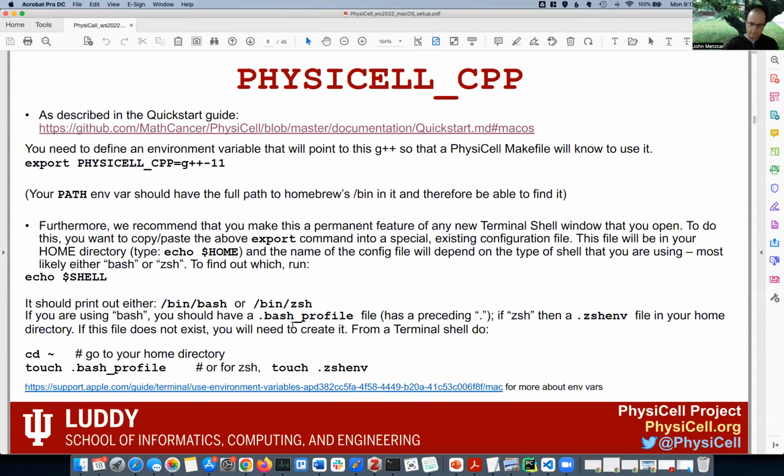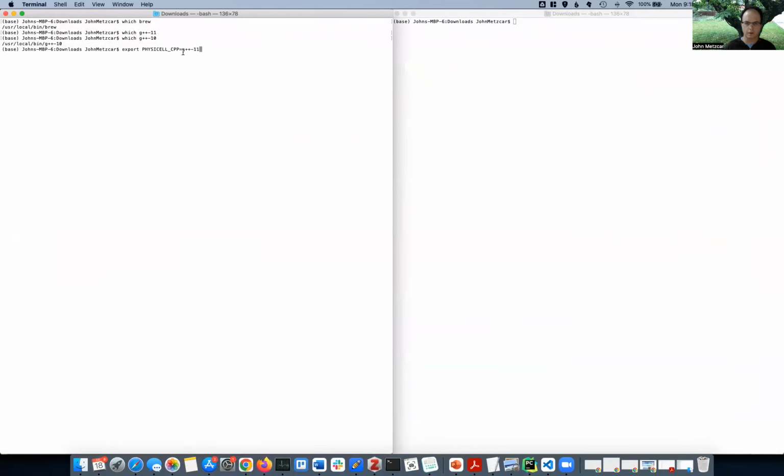Then I think this is the final thing that we do before we get everything, I guess, the final preparation step. There is one thing that you need to do to your shell environment, and that's create a variable. In this case, it's called PhysiCell CPP, and set that variable equal to this string. You can do that by copying and pasting, selecting, copying, and pasting this command into the terminal, which you'll be an expert at by the end of this